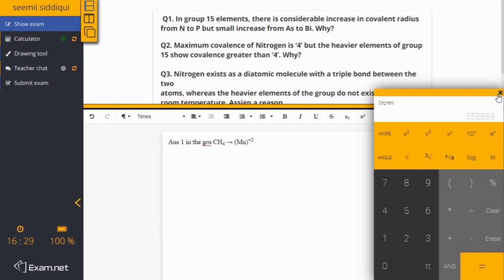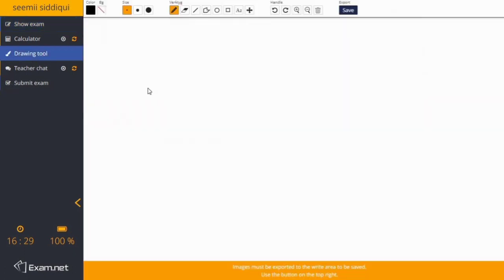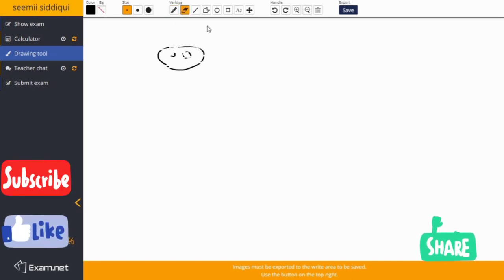If there is any question related to a drawing, there is a drawing tool. You just need to draw the diagram if it is required. Then you need to save it.